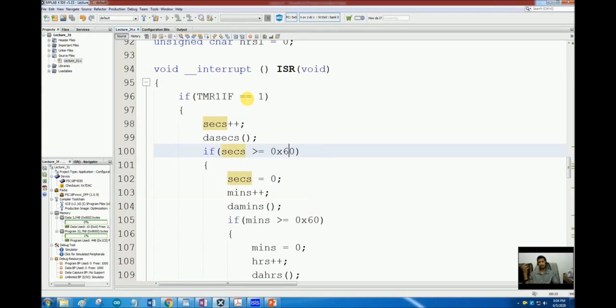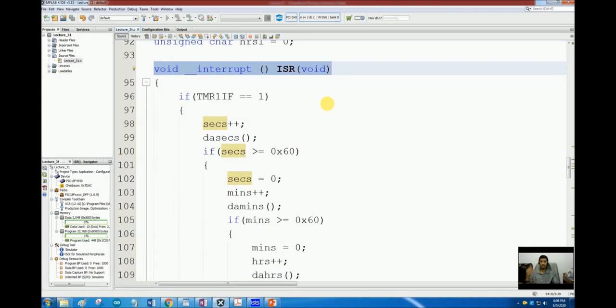There was only timer 1. But now we have two sources and both of them lead to this same subroutine. So inside this subroutine, now I have to know why I am here. Which of these two sources caused me to jump into this subroutine? The first thing I have to do is check what was the source of the interrupt.